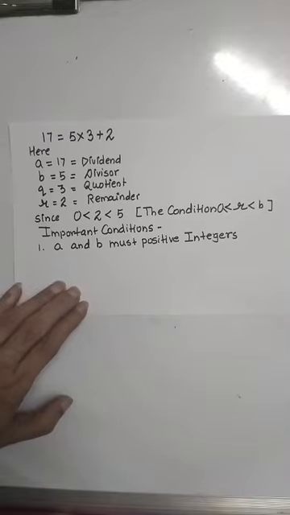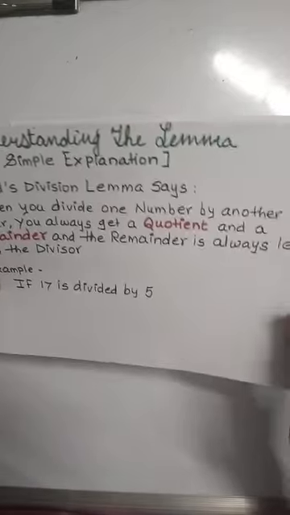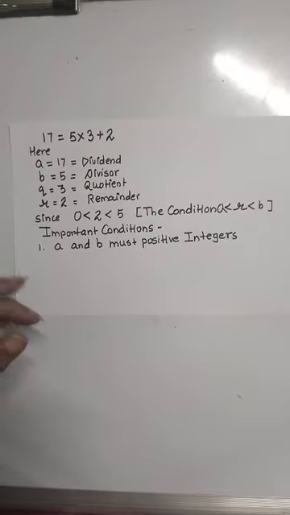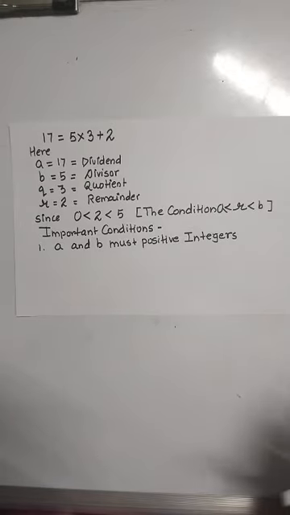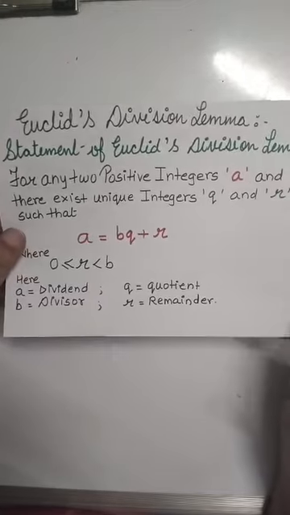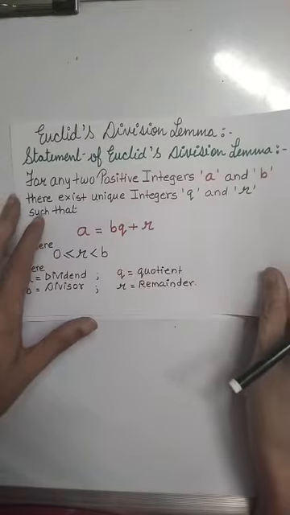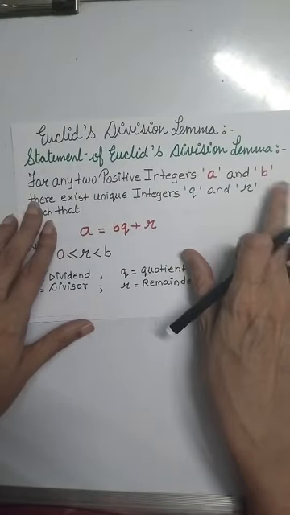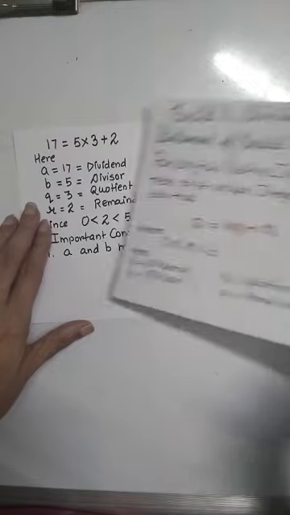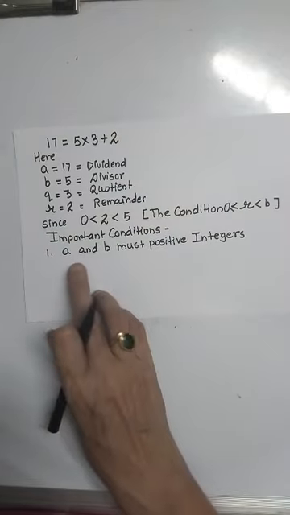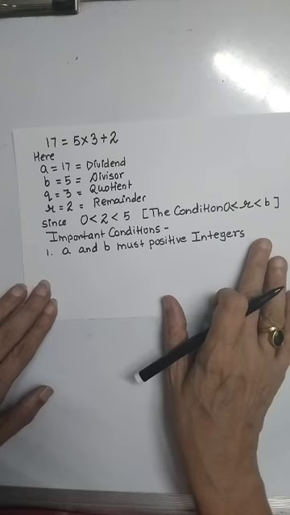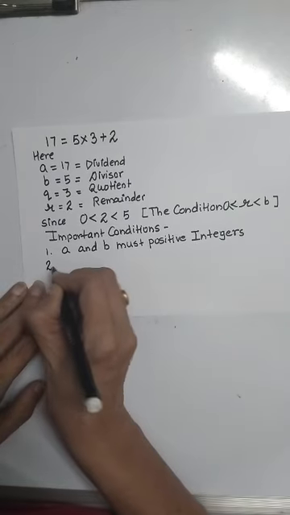If you come back to the statement of the division lemma, then you will understand that the statement of the division lemma says that for any two positive integers a and b. So in the important conditions we have mentioned that a and b must be positive integers, and second important condition is that the remainder